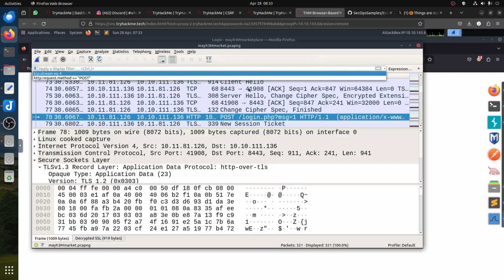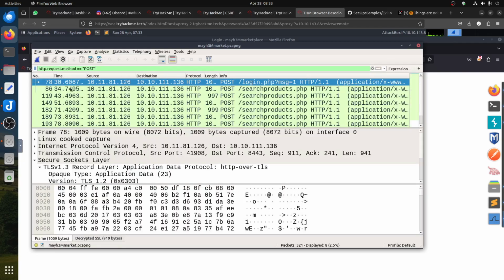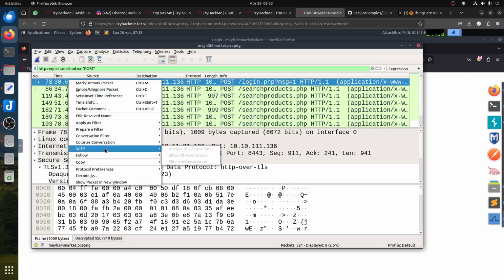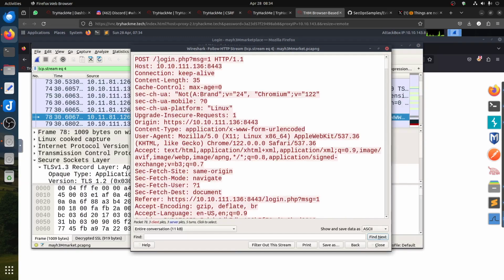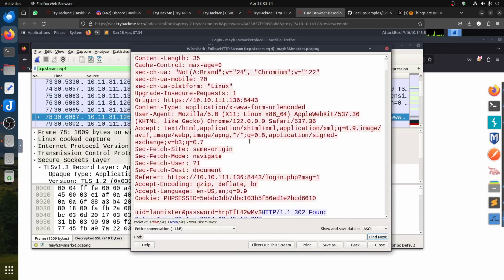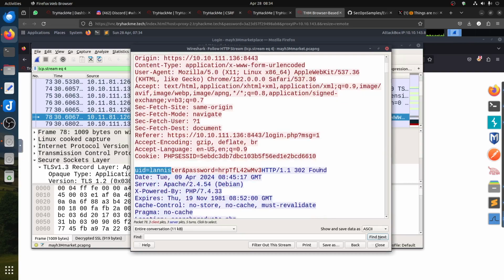Let's go back to the POST request. It's supposed to be HTTP. Let's follow the HTTP stream. Yeah, let's follow the HTTP. So we post the login, and then you can see what he posts here. We get directly the login. That's the login first. So we already have the username as Lensta,